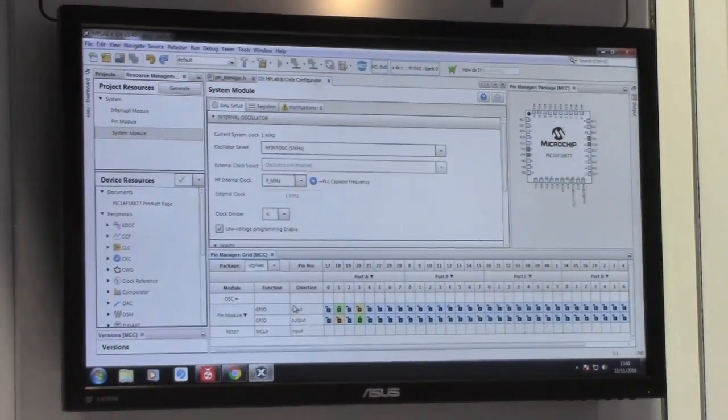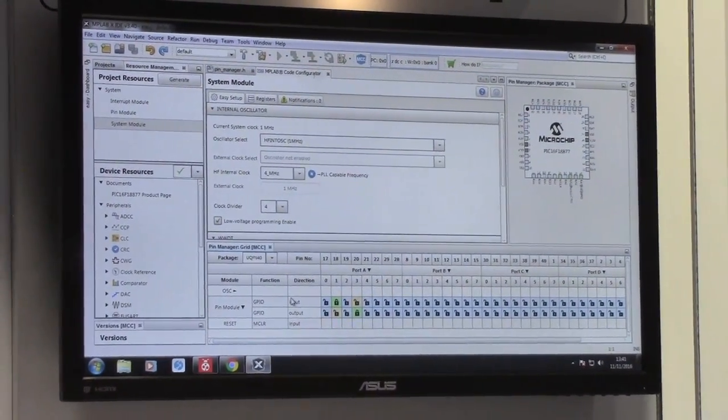What you will see here on the screen behind me is a rapid development tool that we call Microchip MPLAB Code Configurator. This is a tool that is installed as a plugin on top of the traditional desktop or the cloud version of our integrated development environment. It helps you to configure the peripherals and quickly create the skeleton of an application, saving you possibly hours, if not days, of time